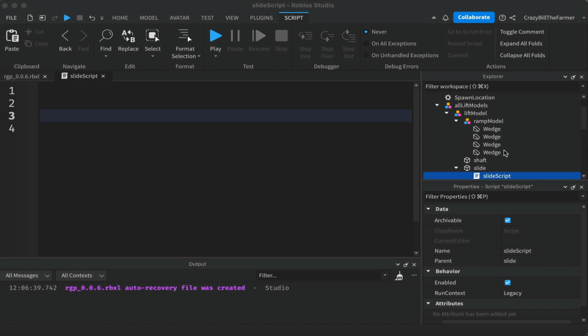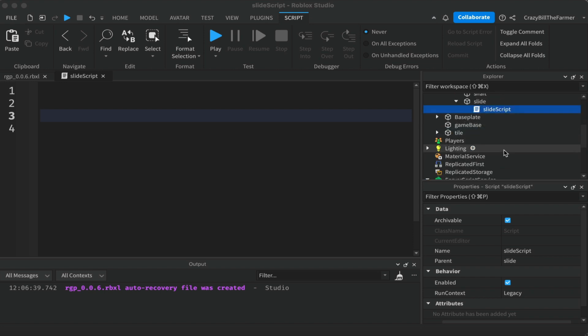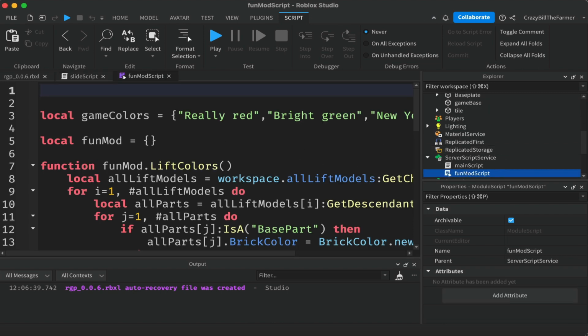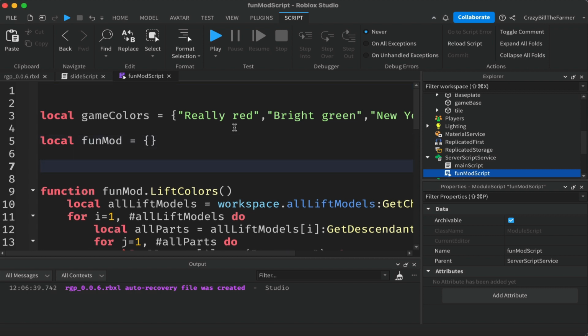Now we probably need actually another function that we're going to add into our fun mod up here. It's not very long, so we can just add this one in. But this is to get the color for the player. So function funMod.checkColor, and we're going to pass in the brick color. All right, so BC is brick color,